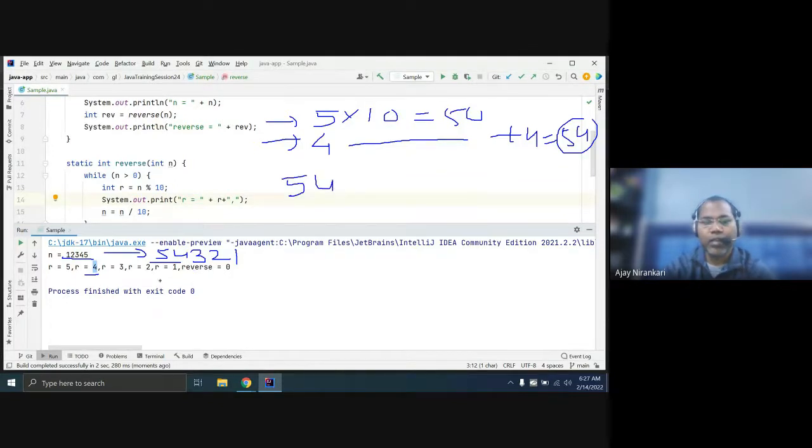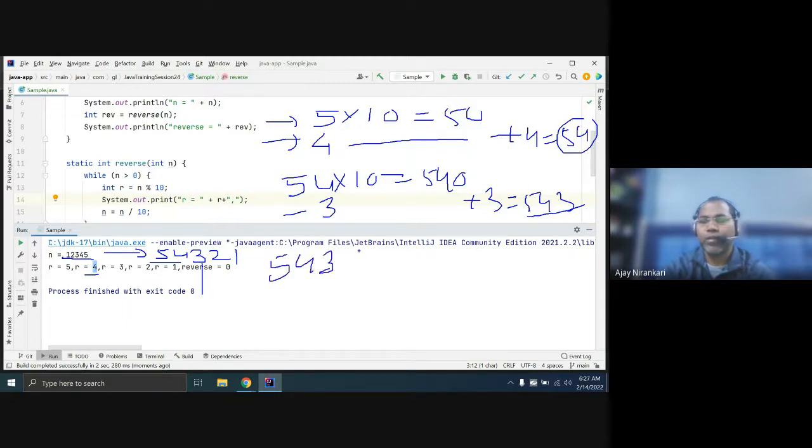Again you are getting 3. So multiply by 10, you get 540, and plus the new number 3, you get 543. Similarly, now we have the number 543.